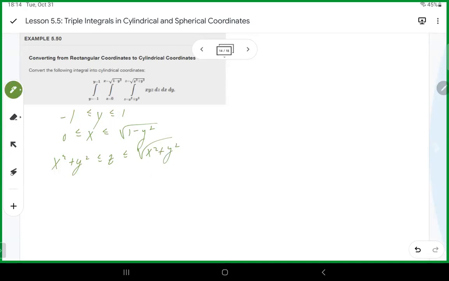So the first two inequalities describe the right half of a circle with radius 1, and therefore the ranges for theta and r would be,